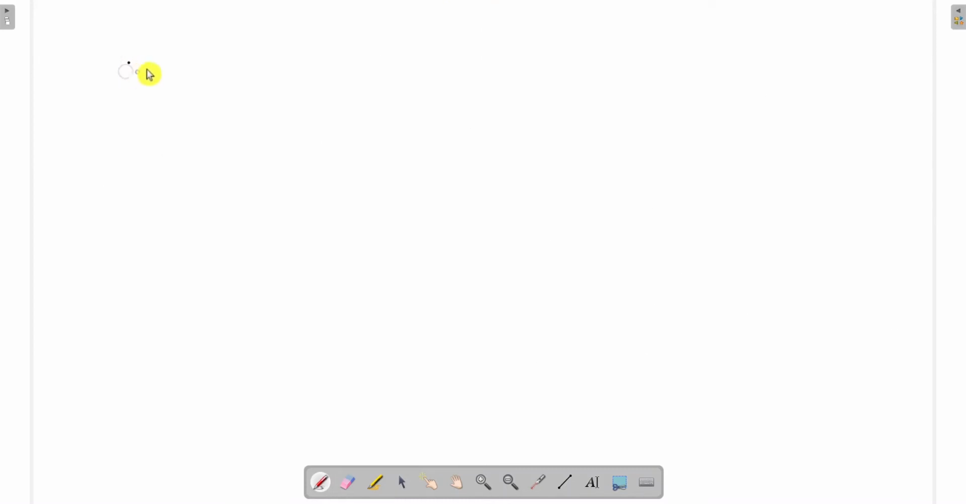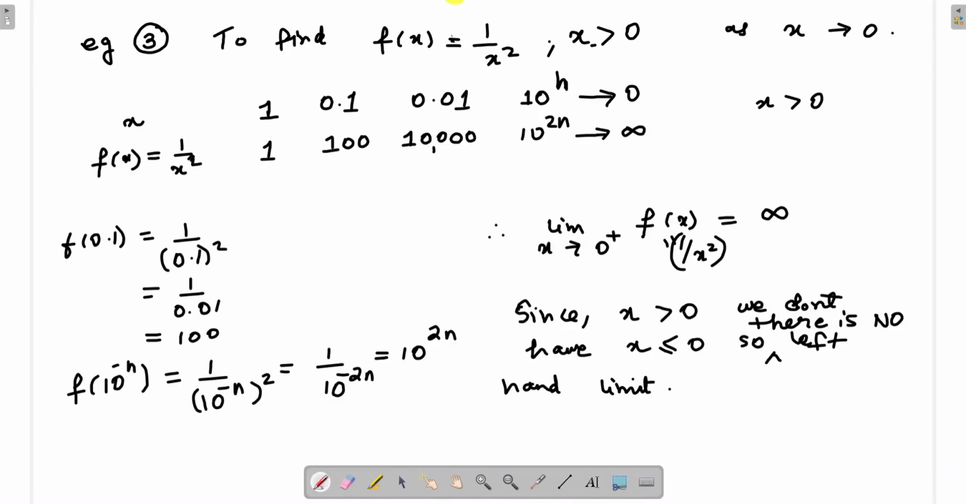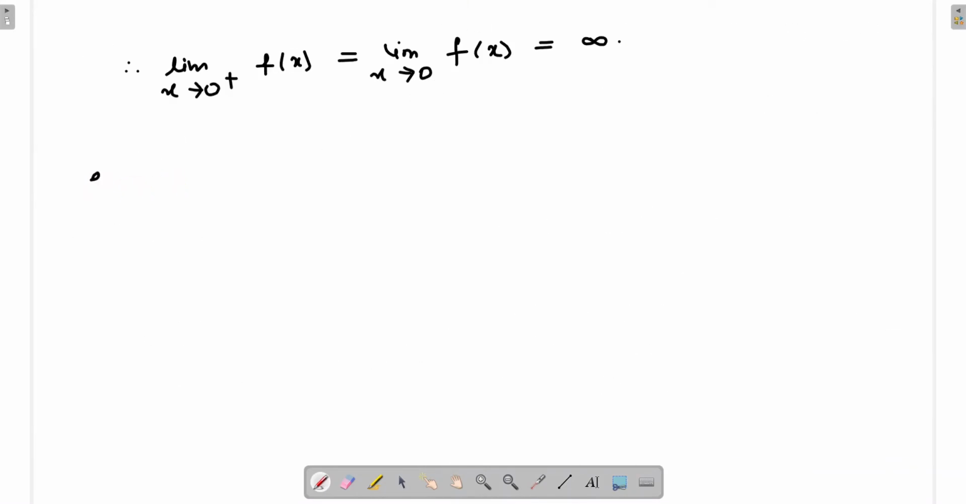So we can say that the limit as x tends to 0 plus of f(x) is the limit that we have to calculate. That is the limit as x tends to 0 of f(x), and that is nothing but infinity. So this was one example that we had to look at here, and then we'll go to the next one. That is example number 4. So here f(x) is equal to x square plus x,